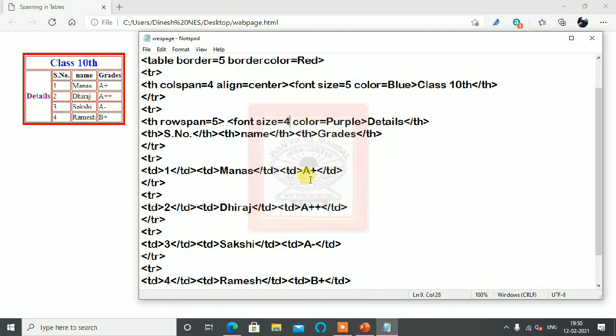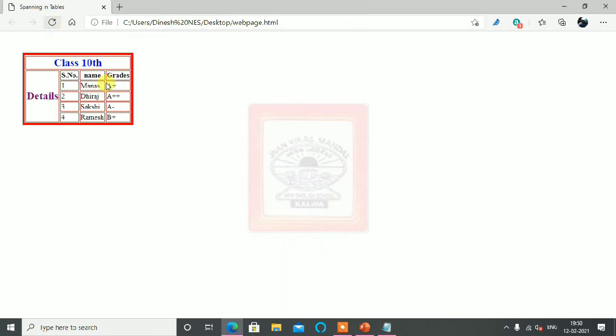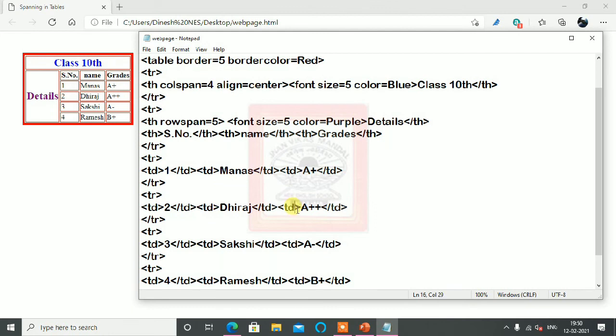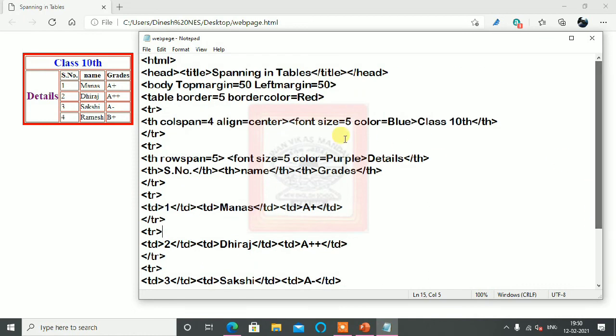Or you can have size 5 only. You can see it is coming very big now. So headings we have colored and increased the size with the font tag, and all this we have combined with the row spans and columns. So to make the table look more attractive, we are using col span and row span. This way we have seen the use of this in the table.